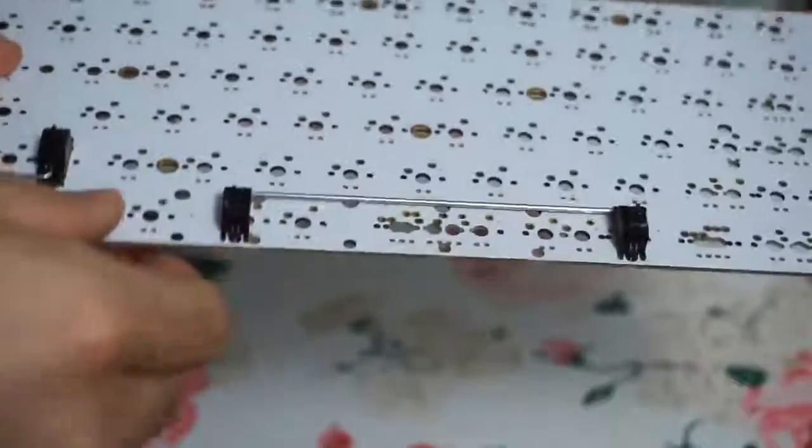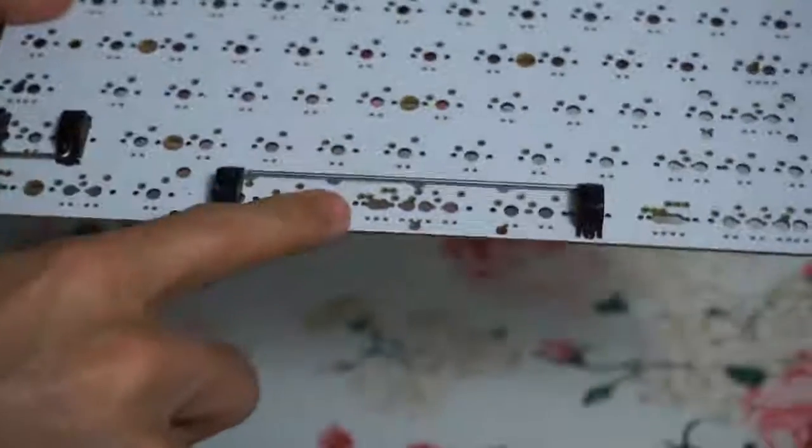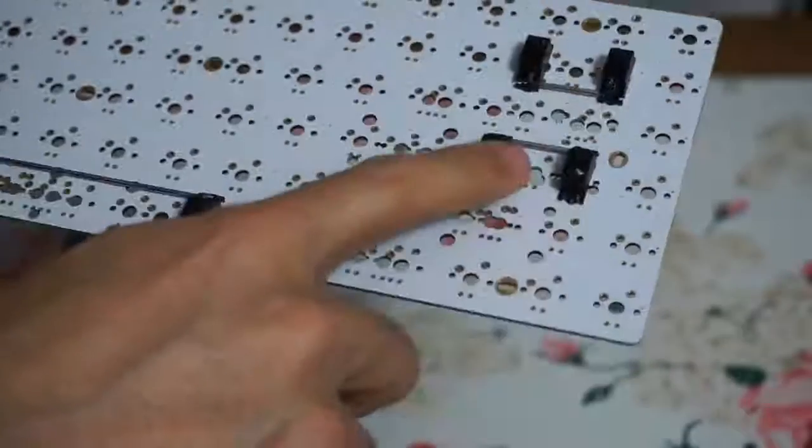Most people refer to these as stabs for short. You need stabs to stabilize the longer keycaps on the keyboard, like your left shift key, your space bar, your right shift key, the backspace key, and your enter key. What, again, I got to learn firsthand through experience is that there are different kinds of stabilizers